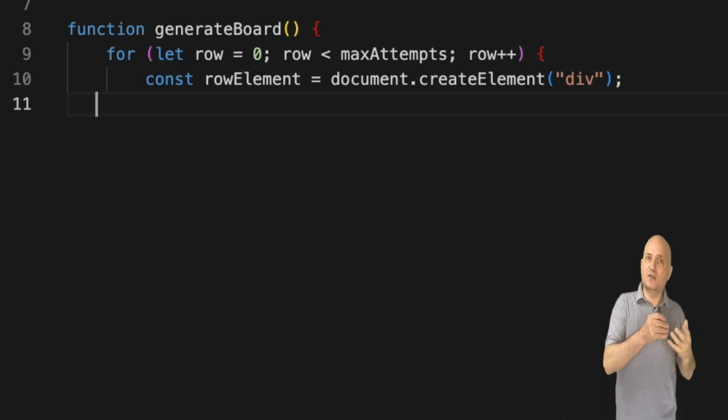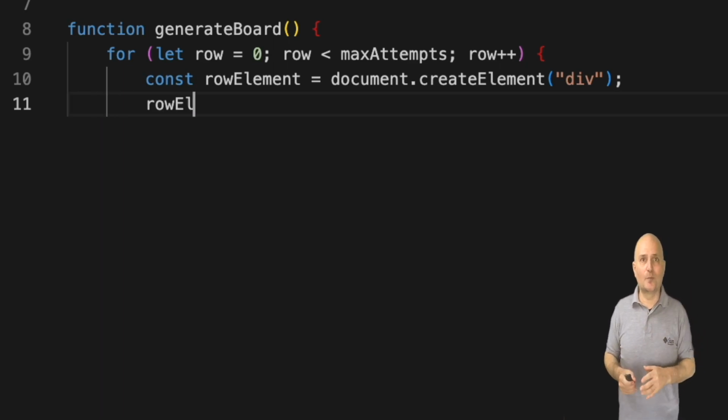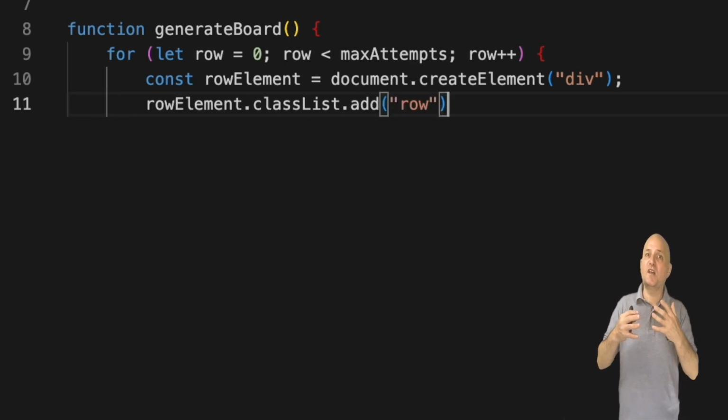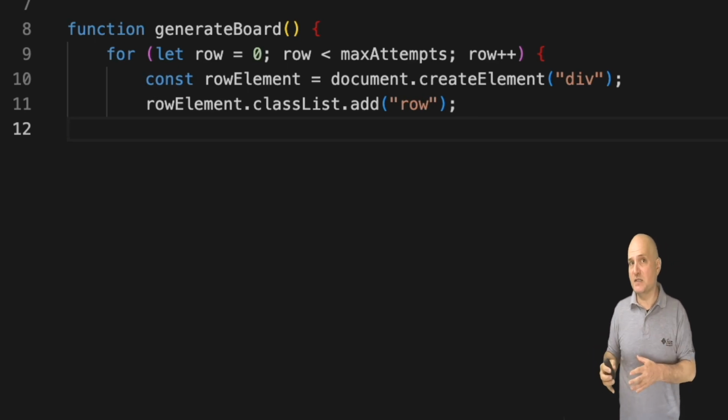We need to add it to the HTML, or in our case, to the document object model, the DOM. Once we do that, we can change the HTML dynamically to anything we want. Remember that we styled the row in the CSS.